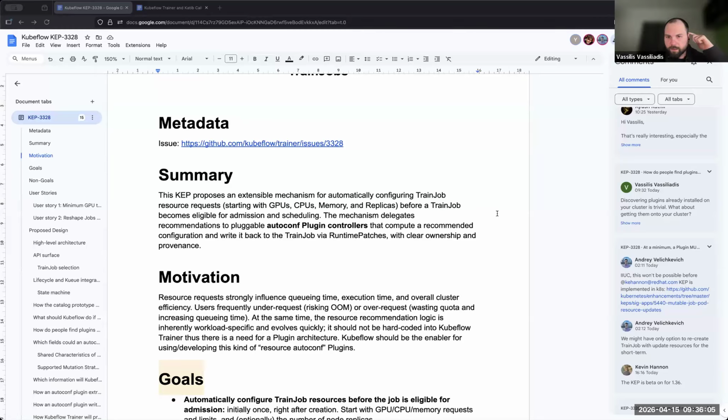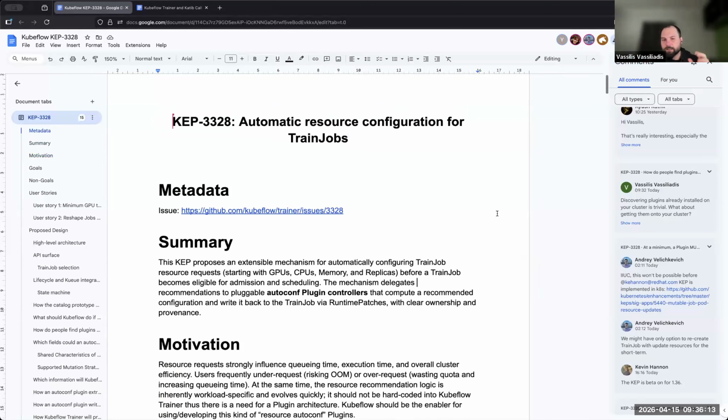Perfect. Okay. Now, I don't want to take too much of your time, so I'll give you a super high-level description of what this thing is, because it can sound a little bit magic. The idea is, you know how it's difficult to configure the GPU requirements of a job. If you ask for too few, you run out of memory, you get an exception, which is very nice, and it just breaks everything. It could happen immediately, it could happen within an hour, it depends on what you're running.